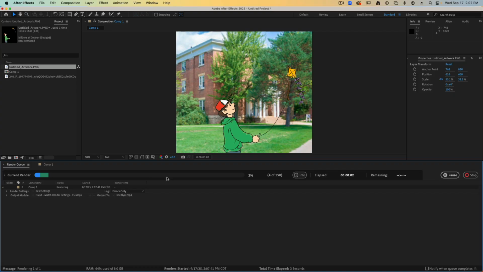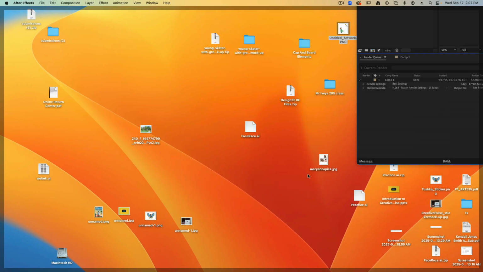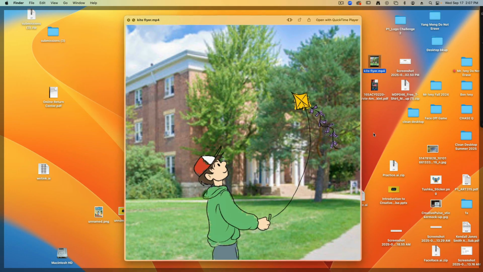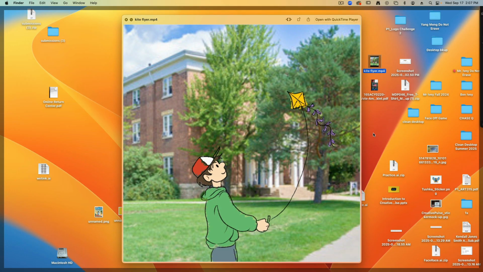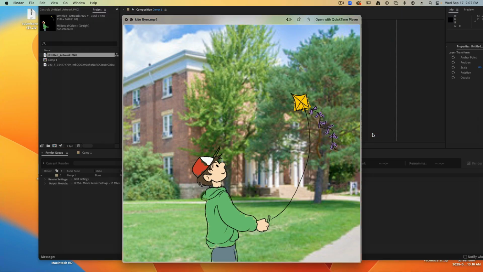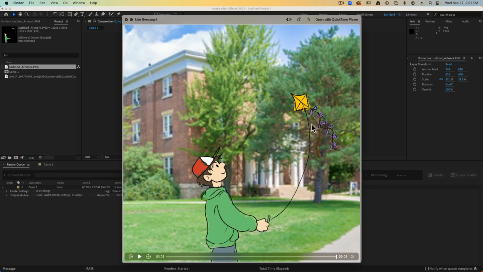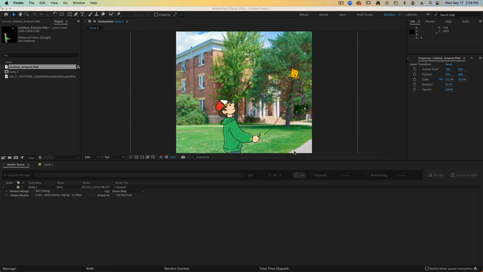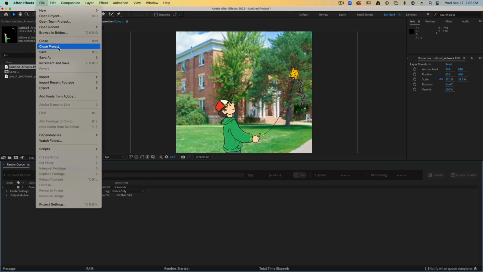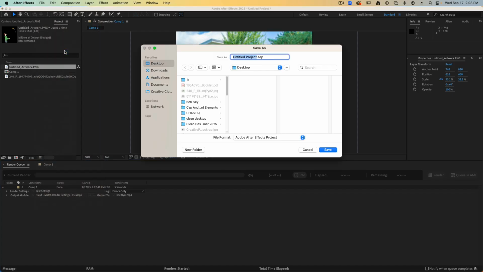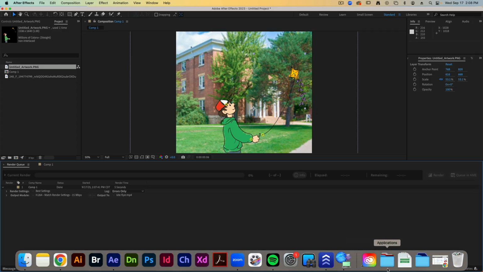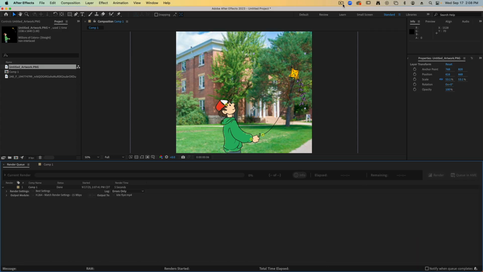This will take just a couple of seconds to render. Bling, it's done. And now on my desktop, I've got a movie of it flying around. Pretty cool? Okay. That's one thing that you would turn in, or that's what we can work with to put onto your portfolio. Cool? All right. If you want to save this, you can save it as an After Effects file and then do whatever with it later. All right. I'll save this up and I'll send